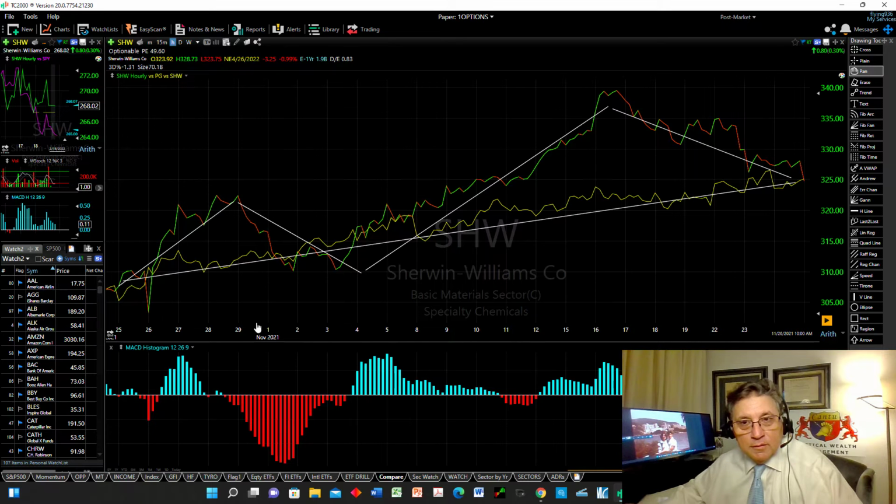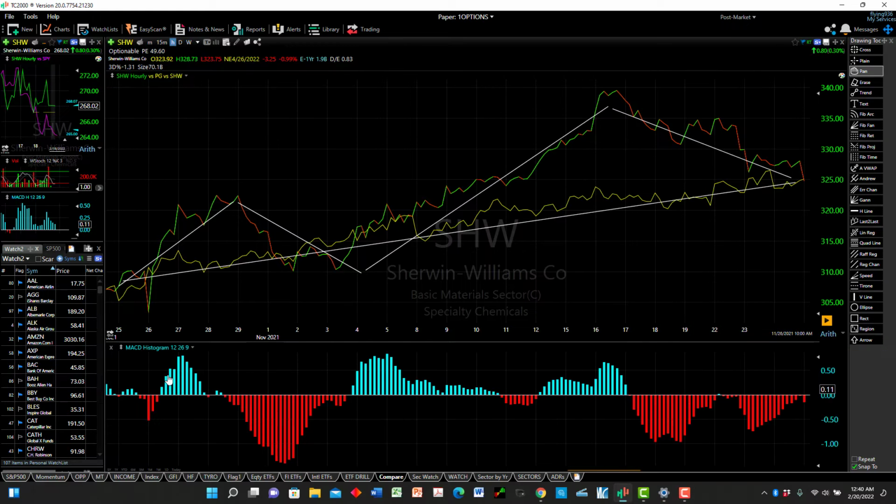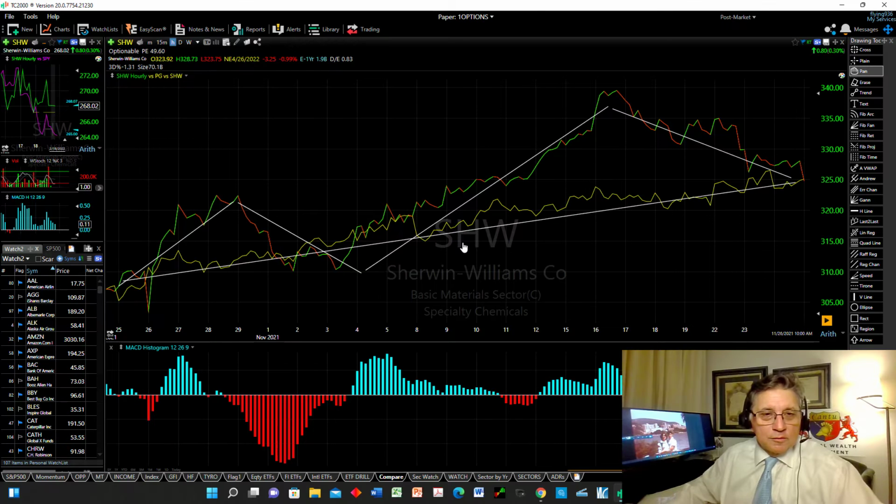This is a histogram of Sherwin-Williams. You can see in the blue it's moving up, and in the red it's trading down. Each one of these little pillars, I think I have it set on hour, so these are hourly movements of the particular security. Up, down, up, down. So now you can also visually see it in a histogram. You can visually see the volatility right here for Sherwin-Williams. Anyway, my point is a picture is self-understanding.